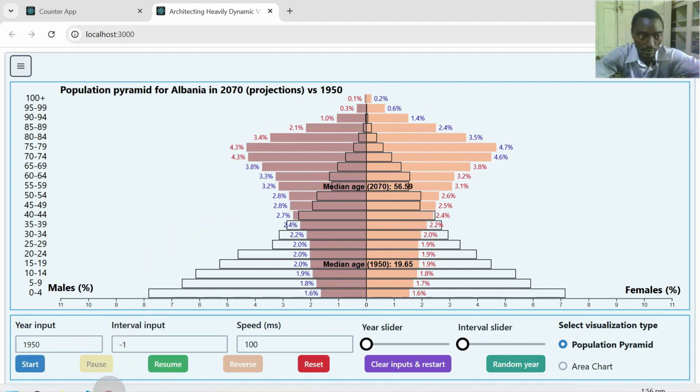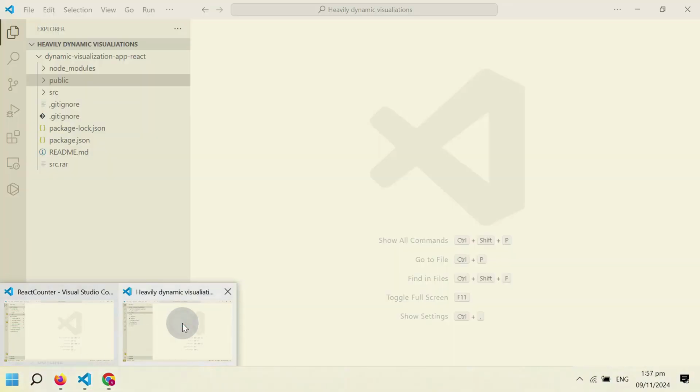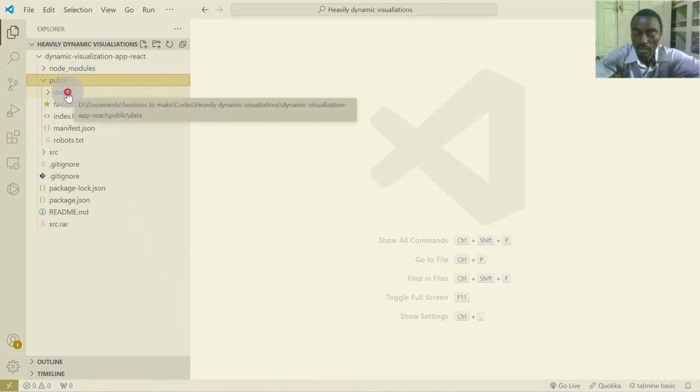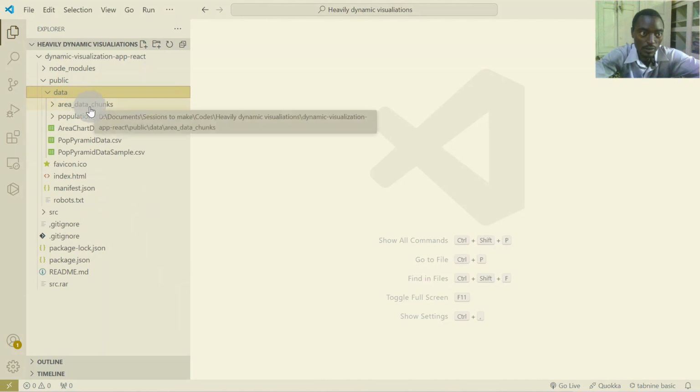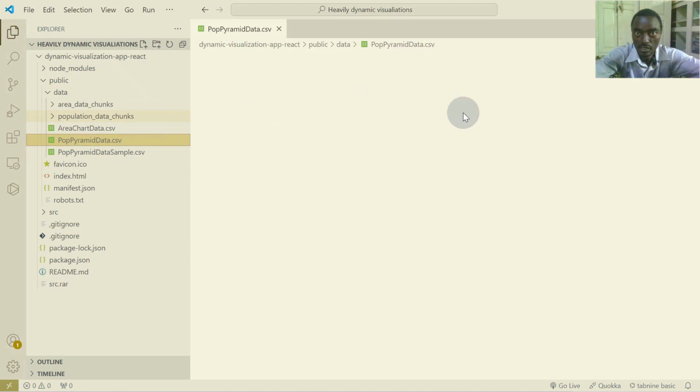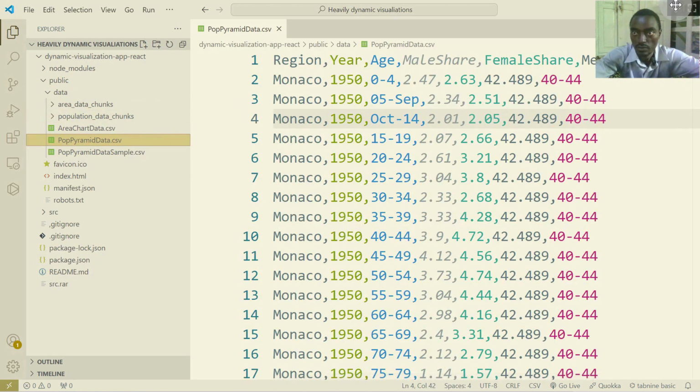Let me pause and go to my folder here. So the data is under the public folder. Under the public folder, we have the data folder. The data folder contains two folders, area data chunks and population data chunks, and three files. So I will begin with the population pyramid data. This is the full data set that I used for